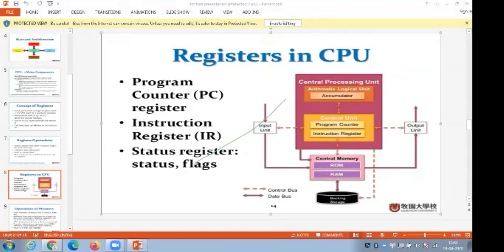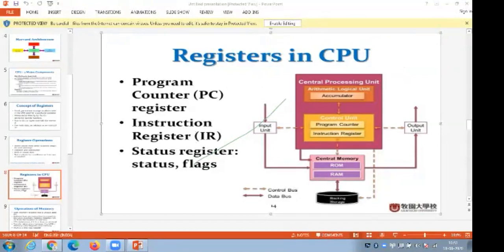If we give 2 letters A and B, the program counter asks for the instruction, meaning what is the relation between A and B, what you are going to do with the 2 letters A and B. So when we say A plus B, we are going to add and give the instruction that A is added to B, with the mark as plus. Then the instruction register stores the instruction saying A plus B, right? Then the status register shows the status, saying that A plus B is equal to what is the answer.